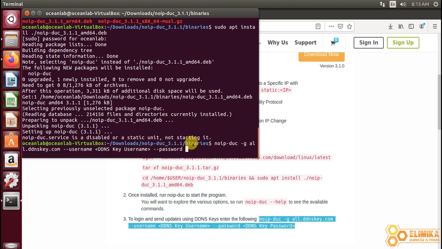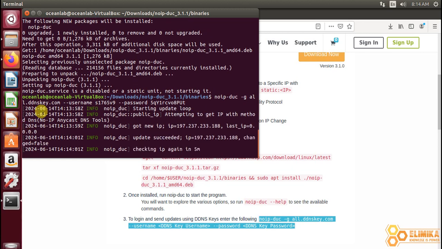They are there, and therefore I will type my password. And also I'm going to supply my username in place of the DNS key username there, and my username is S1765V9. So that is my username. So at this point I will press enter, and it's attempting to check